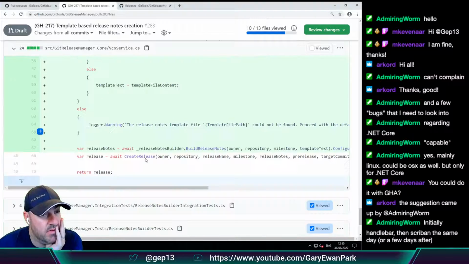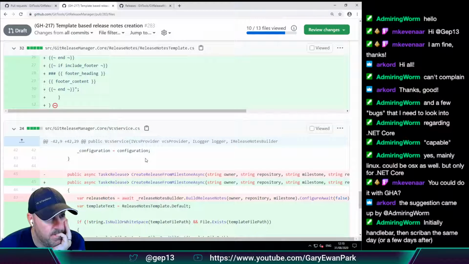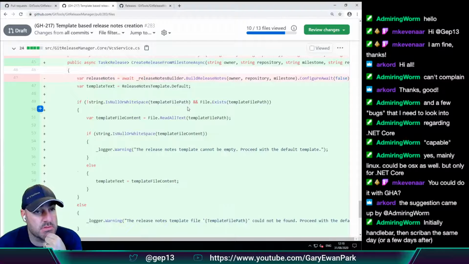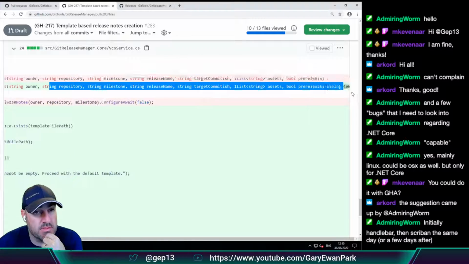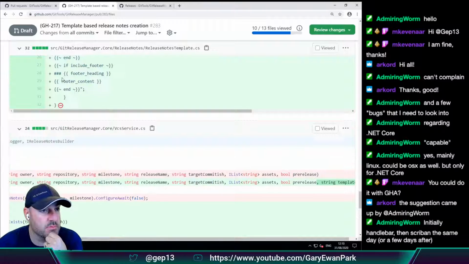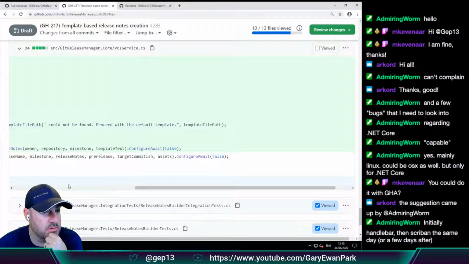Let's have a look here. So this was create release note from milestone. That would have been passing in the template file path. From here, come on, code, what are you doing?